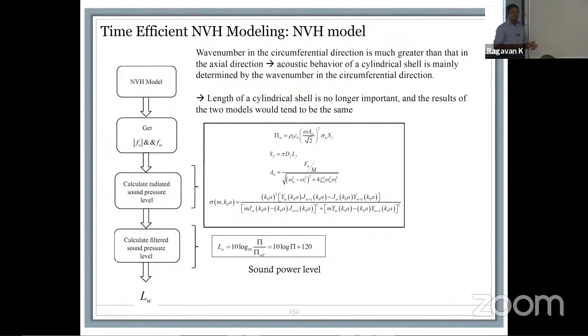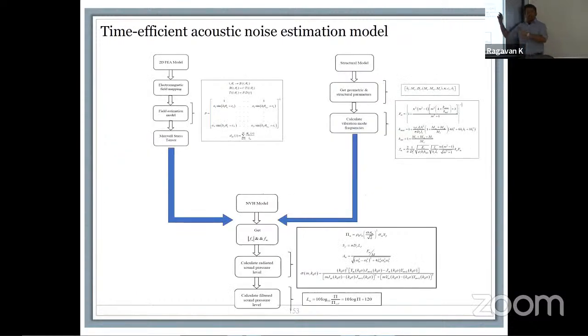I've defined a lot of equations here. I'm not expecting all of you to follow this, but once again, we have published some of this work before. I'm more than happy to share the report or the paper if you want to see more of what we have done. This takes it to a whole other level of calculation, but in reality, all we have done is combine the previous steps and create an overall model that takes the 2D FEA model and the structural model and combines them into one FEA model.